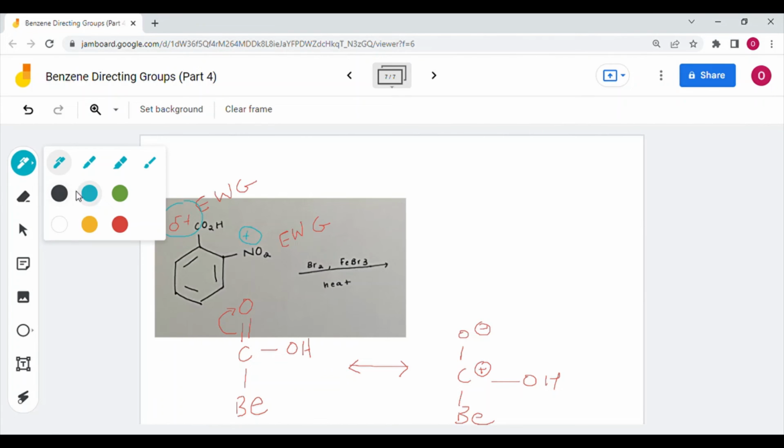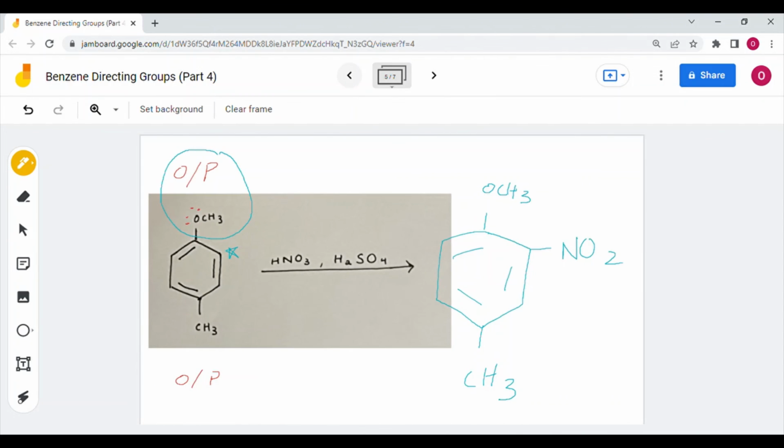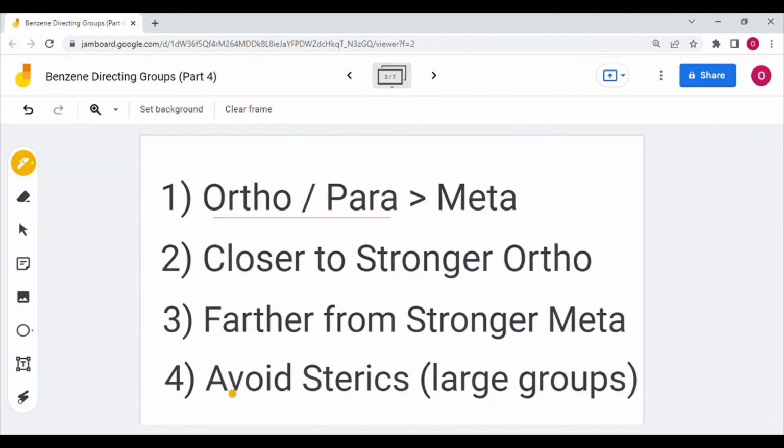So if we locate where the meta position from this NO2 is, one meta position is 1, 2, so one position could be here, and the other meta position could also be here. So now the question is, is it going to be primarily here? Is the group going to be here? Or will we get some kind of mixture that will do both? And if we go back to the chart, the fourth and final rule is that it's always going to avoid